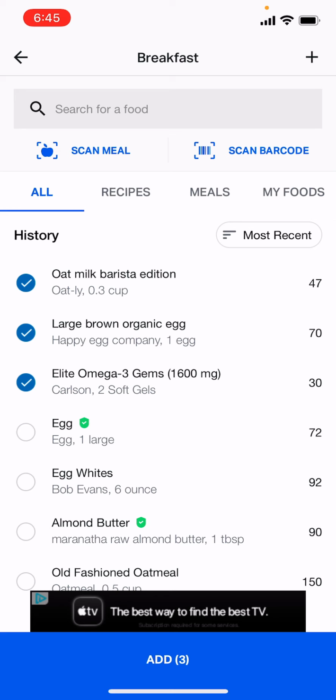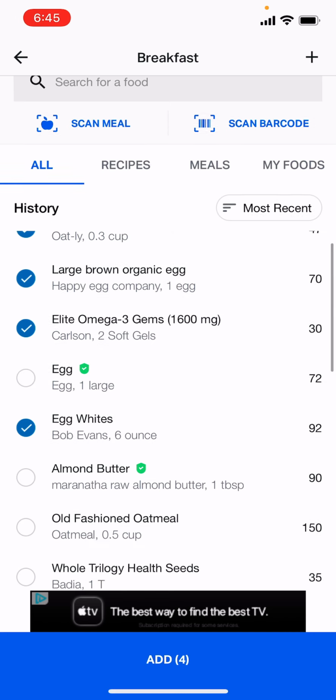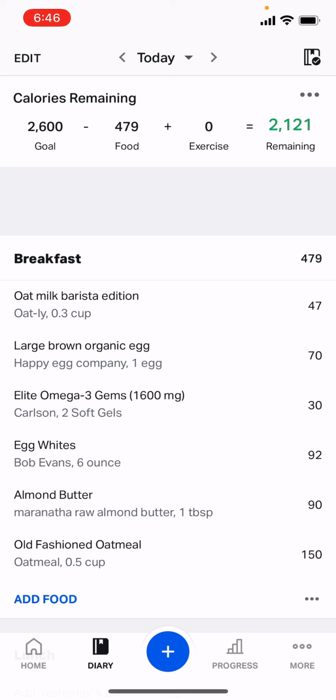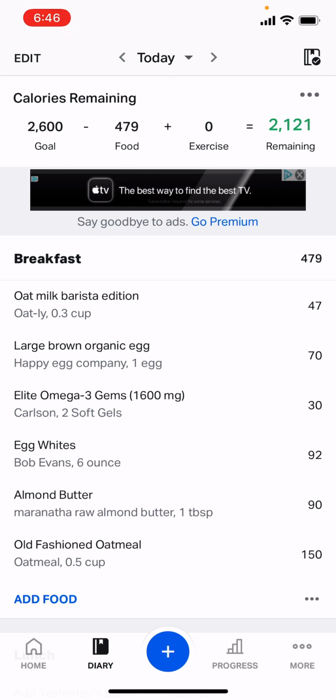Then I can add my egg whites. Of course, I measured those prior. They're already in here. Had some almond butter and some oatmeal. Then I'm going to add all of them. Okay. Now look up at the top. You can see where I have my calorie goal is 2,600. My breakfast just had 479 calories. So I have remaining